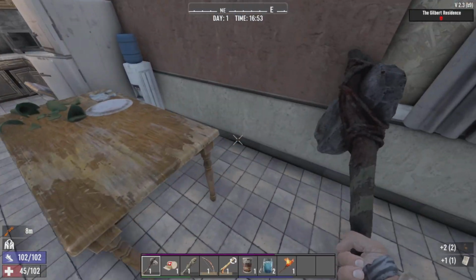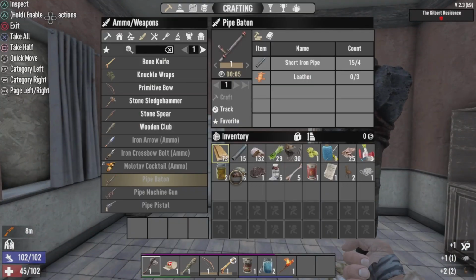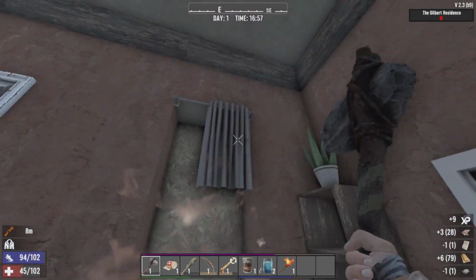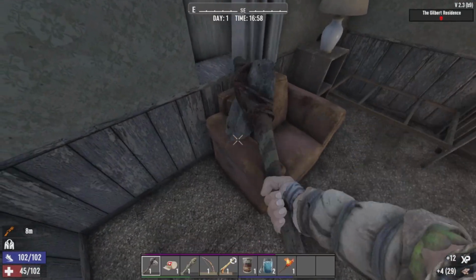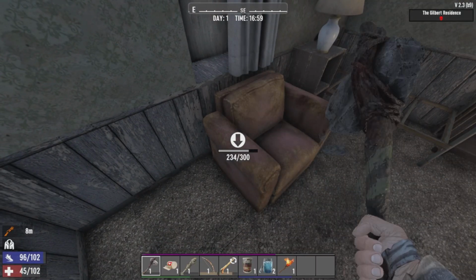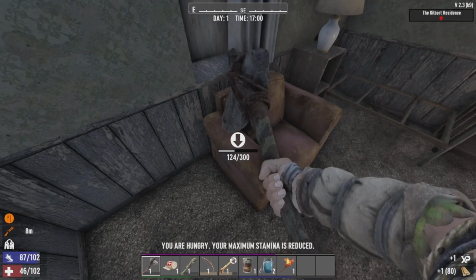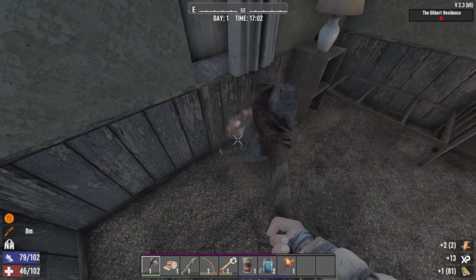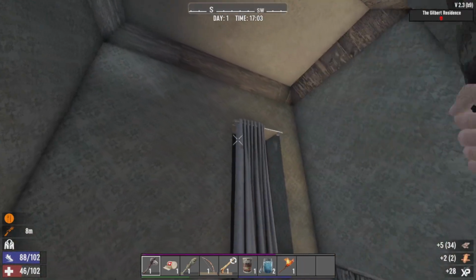These can be ripped open for good old wood. We are not gonna eat broken glass. And there you go. Get that. And this is good for some leather, I believe, if I'm not mistaken. I hope it's not cloth. We are looking a little hungry, and it's getting later in the day. So 2 leather there. I believe we need 1 more for